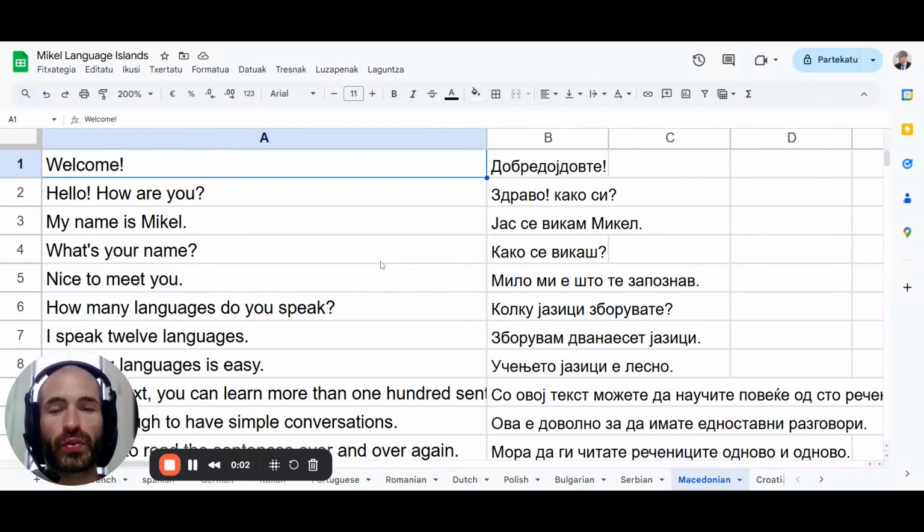I'm going to show you how to create your own learning materials for whatever language you're learning. All right. I get a lot of questions about this. People see me do this, but they're not really sure how I'm doing it. So I'm going to show it step by step. And yes, learning with your own sentences translated is much, much more effective than learning random stuff you'll see in YouTube videos or apps or things like that, because you're learning exactly what you want to be able to say.